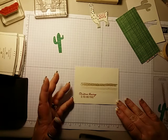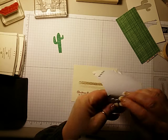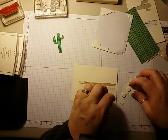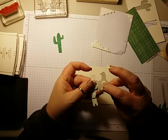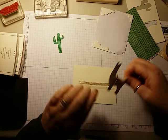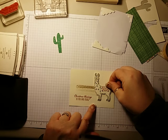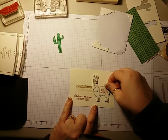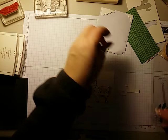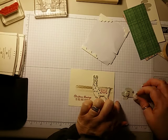All right. So we will take the little llama and we're going to put him here. We'll stick him on there with some dimensionals. All right, so he's going to go right there. I think I want him, all right, just like that. And then our cactus is going to get dimensionals as well. All right, and